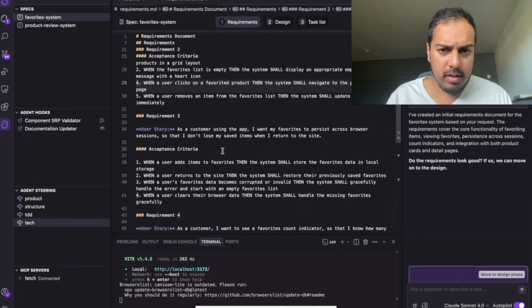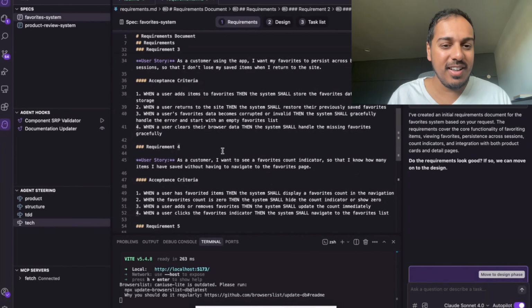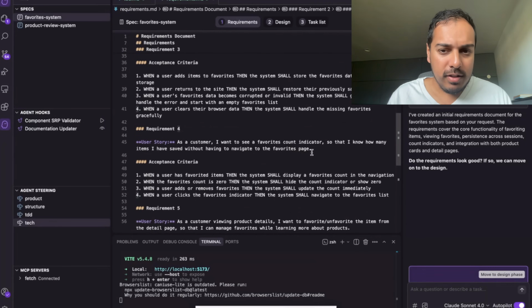So the third one is I want my favorites to persist across browser sessions. That's another user story that my simple user story didn't think about. Favorite count indicator. And when you edited just then,